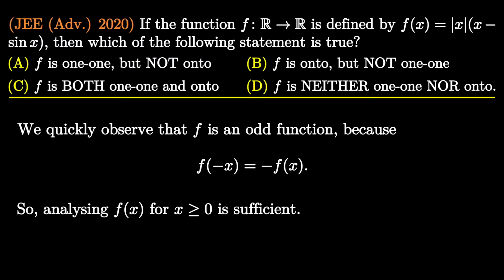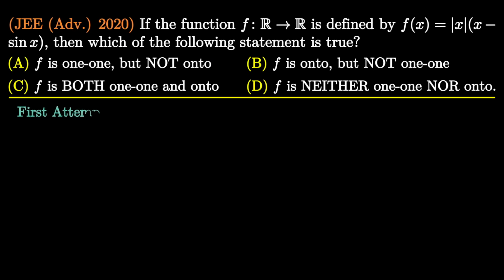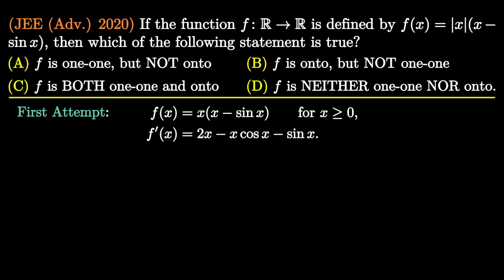Figuring out 1-1 or many-1 of a function requires checking the monotonicity of the function. By definition, 1-1 functions don't give the same outputs for 2 or more distinct inputs. Consequently, if a continuous function is strictly monotonic, it must be 1-1. The given function f(x) is continuous because it is the product of two continuous functions. So checking its monotonicity is enough to figure out whether it is 1-1 or many-1. Derivatives are helpful in figuring out the monotonicity, so we find f dash x.